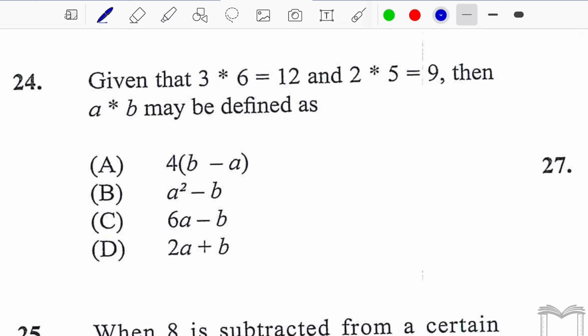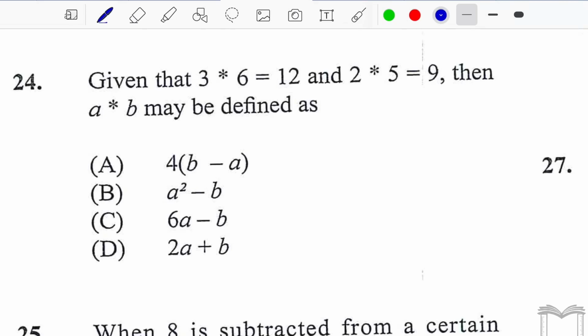Number 24. Given that 3, I'm not sure what to call that, let's call that asterisk. 3 asterisk 6 is equal to 12, and 2 asterisk 5 is equal to 9. Then A asterisk B may be defined as,